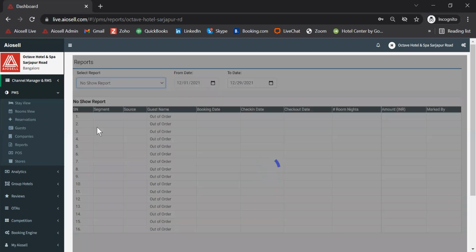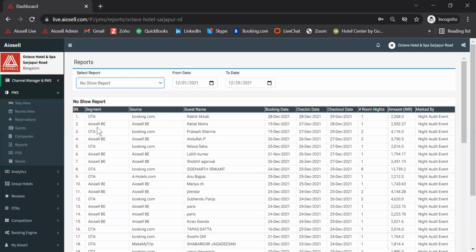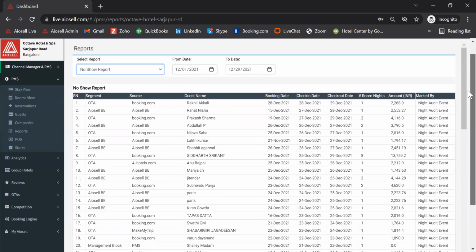Then there is a no-show report, which is again very useful to see from which source of bookings we are getting the maximum no-shows. Also, one point to note is that in IOCL property management system, we also have a feature where, in case any guest check-in is not done till the night audit, the system will automatically mark those bookings as no-shows.